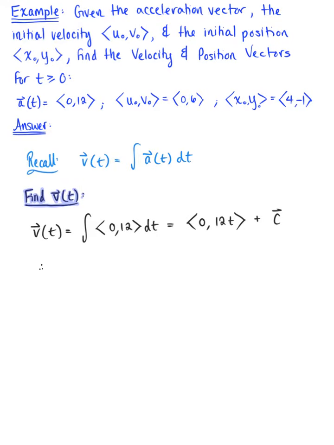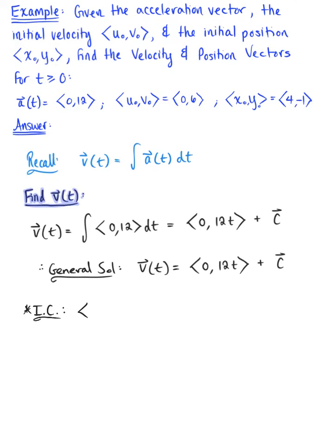So we can say that, therefore, our general solution for this velocity vector is defined as the vector v of t being equal to the vector with components 0, 12t plus this arbitrary constant vector c. Now, we don't just want the general solution, we want a particular solution. So let's keep in mind here that we are given an initial condition. So IC for initial condition is our initial velocity, the vector with components u naught, v naught, being equal to